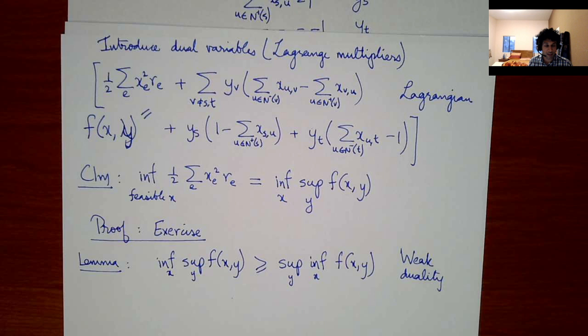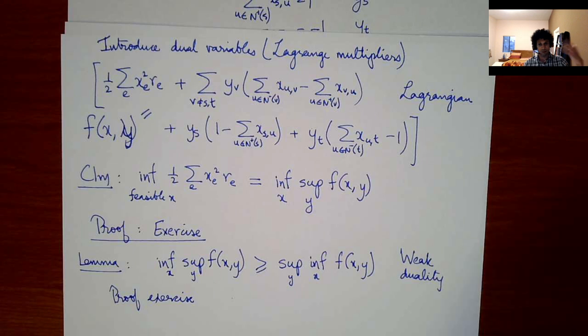Right? You switch the inf and the sup. And you can think of it as whichever player plays first gets an advantage. Or whichever player plays second, I'm sorry. Whichever player plays second gets an advantage. So because the supremum player is kind of like playing second, gets an advantage over it. So this is,